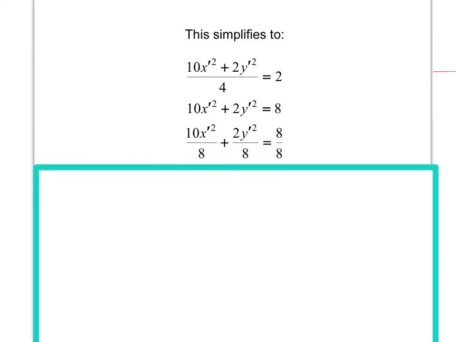When I do that, I can do some canceling that works out great. This gives me 1, and then this 2 goes in here once, goes in there 4 times, but over here, when I do the simplifying, 2 goes in there 4 times and 5 times. So it simplifies